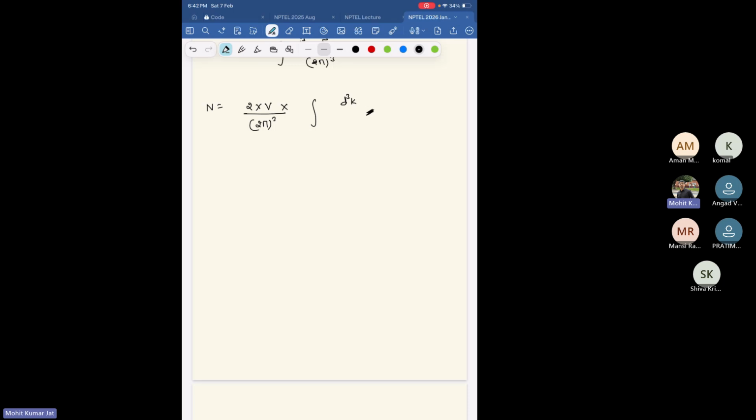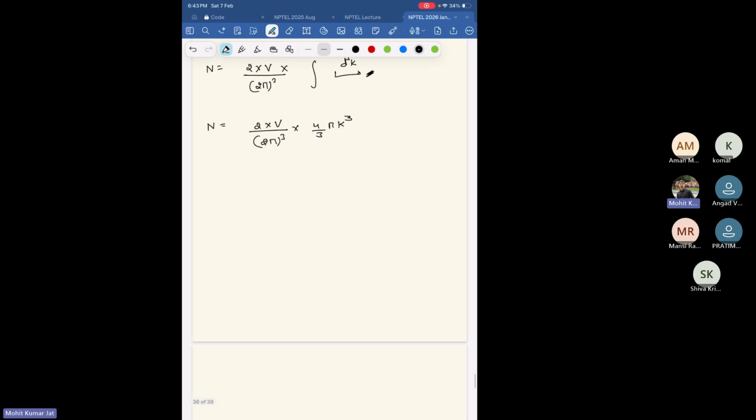You treat it like a disk, and then an area element associated with it, and then you integrate that area element, and from there you get the volume to be 4/3 π r^3. So let me just write 2 times V and 4/3 π k^3,